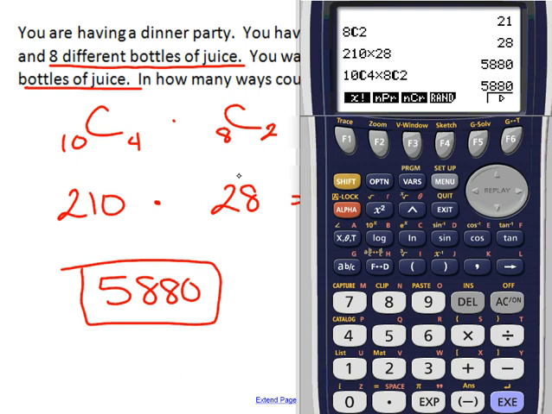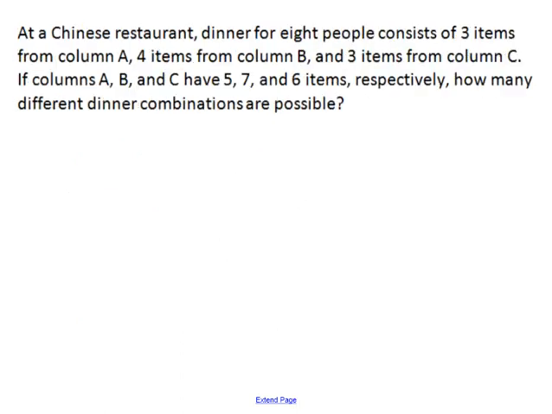Okay, so there's that. Now the last problem for us to look at is sometimes when you go to a restaurant, you can order things like family style. If you're there in a large group and you want to order some family style things, they might say like choose this many from column A and this many from column B,